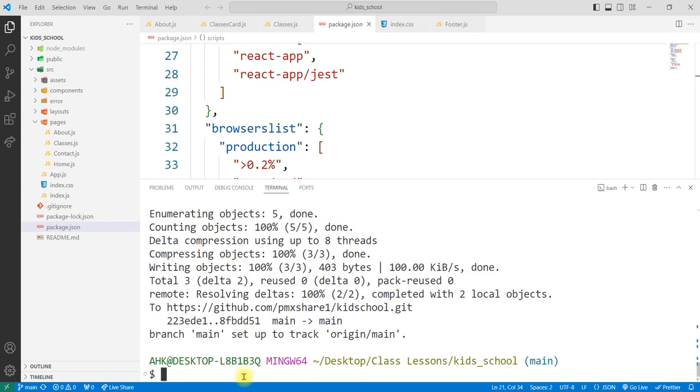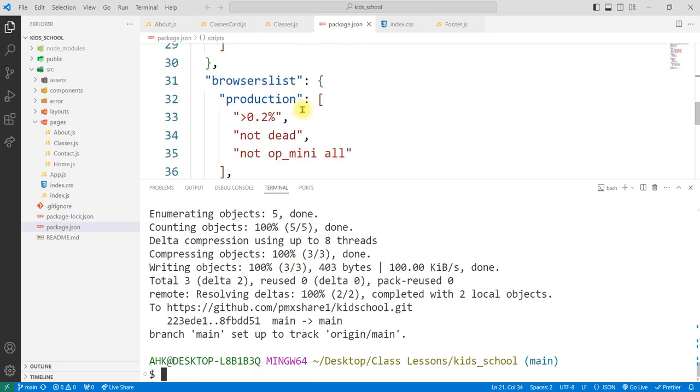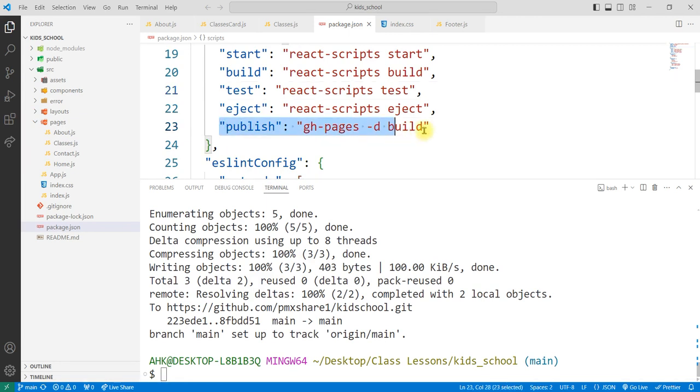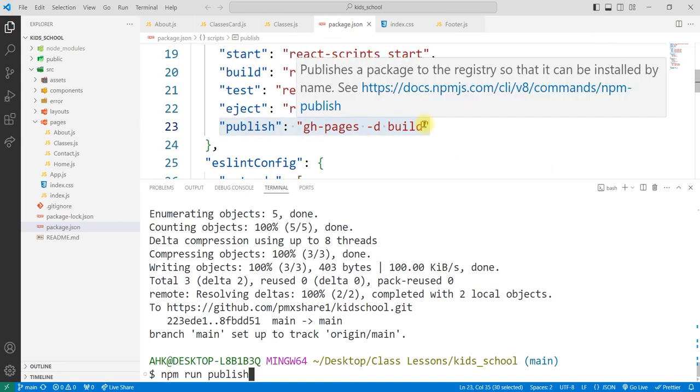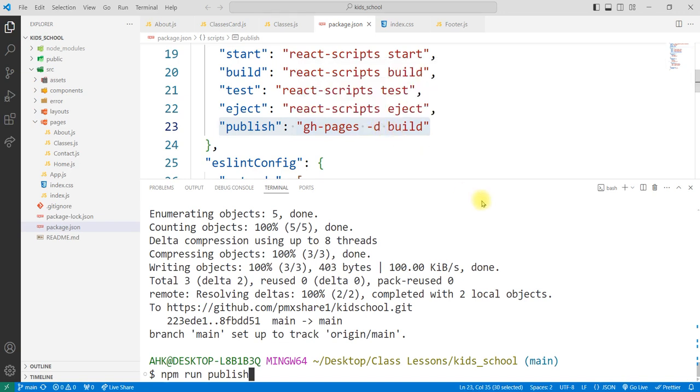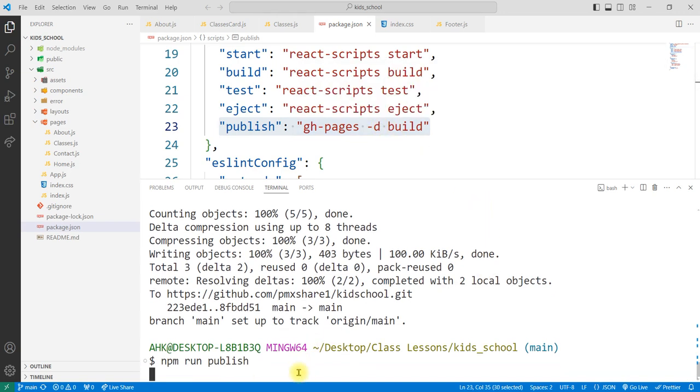Now let us deploy our page. So to deploy our page, we have to run this command we have specified here called publish, right? So we'll say npm run publish. And this name can be any name at all. I chose to give it the name publish, but then this command has to be set the same. So gh-pages space -d flag and then space build. So when we hit enter,